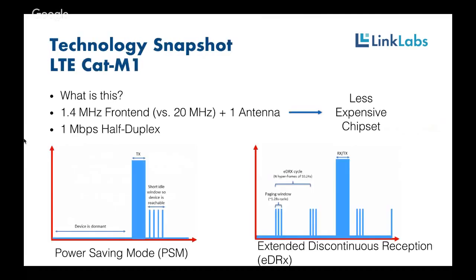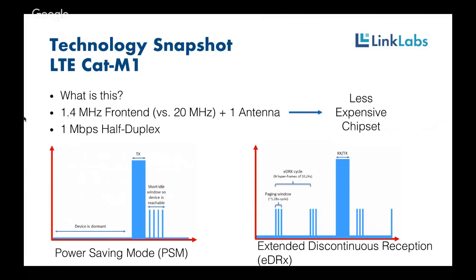Okay, so I want to jump into LTE Cat M1. This is a technology that's a huge focus for Link Labs. In the US especially, it is already deployed on multiple mobile networks, Verizon and AT&T. But what is it? We're all familiar with 4G LTE, which is how our iPhones and Android phones connect to the mobile networks to move a lot of data very quickly. But M1 reduces the complexity of LTE, while still working within the same LTE framework so that it can be overlaid inside of existing LTE networks without much impact.